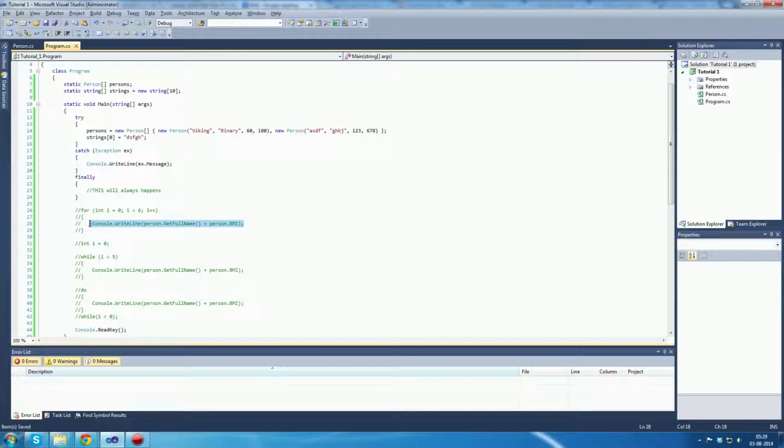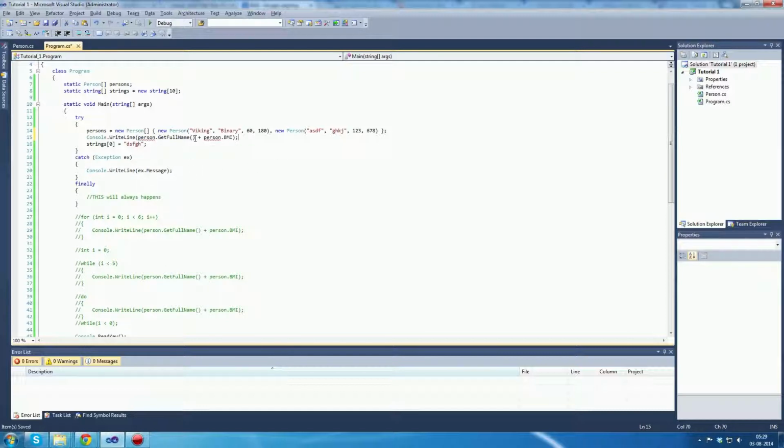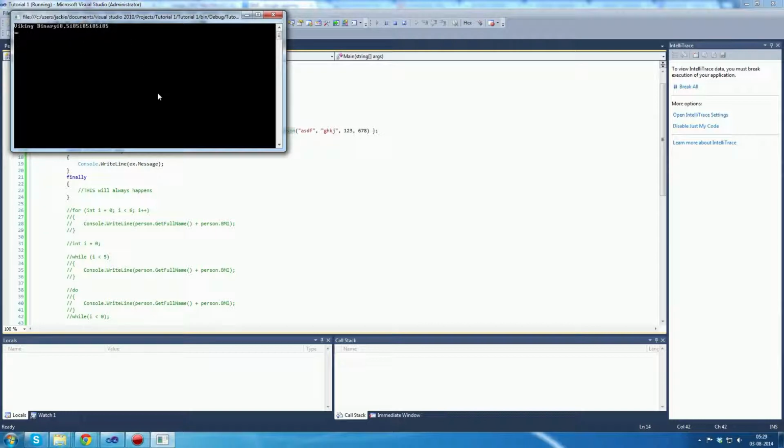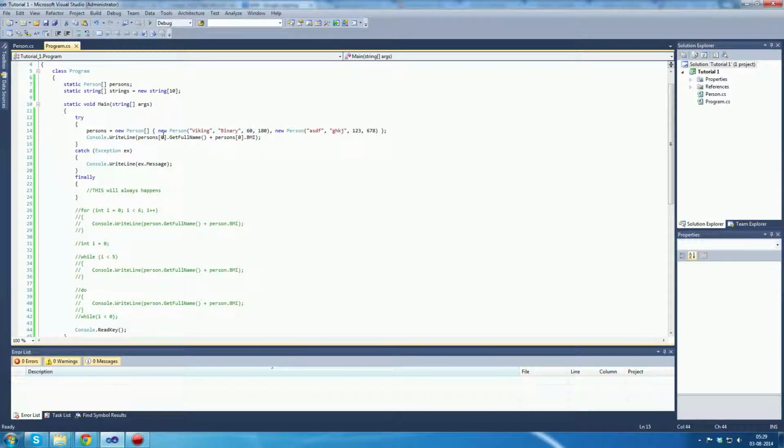Okay, so next thing is we can also still print from the array. And we can see here that we can take person, in this case persons, and we do need to add an index, and the index is inside the square bracket. So we need persons, square brackets, and the index we want to access it from. And I will delete this one like this. So if I compile it now, we should again see the first one here. Right here. Binary Viking. If I was to change to 1,